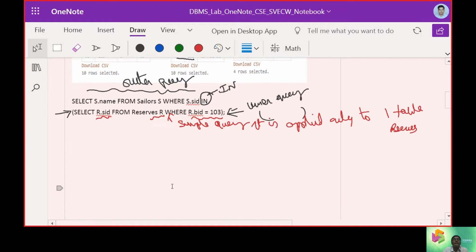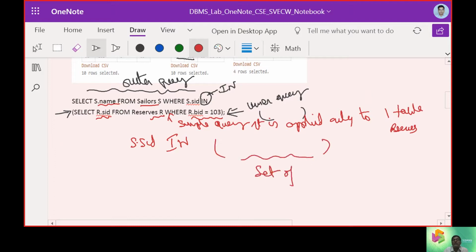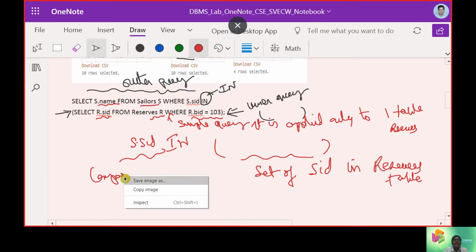Now the next one: we need to find the sailor names from sailors where S.SID is in the set of SIDs in the reserves table.